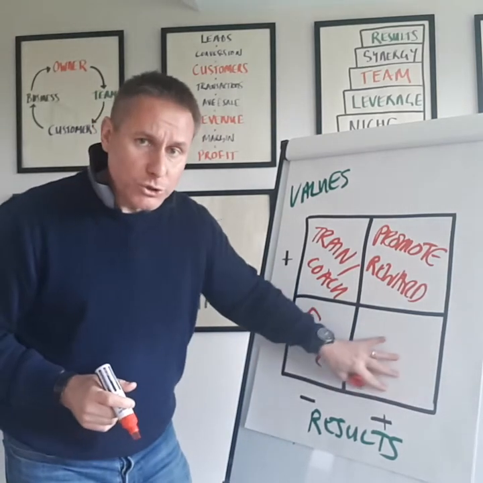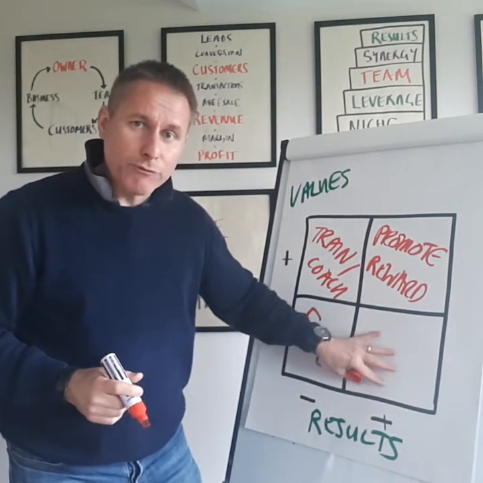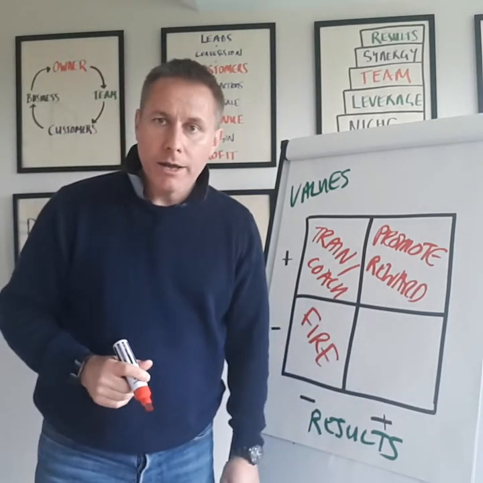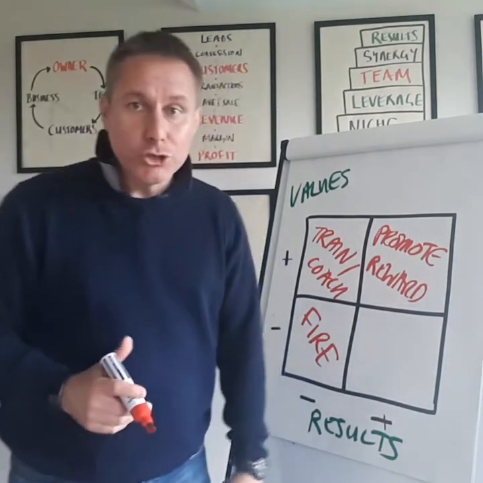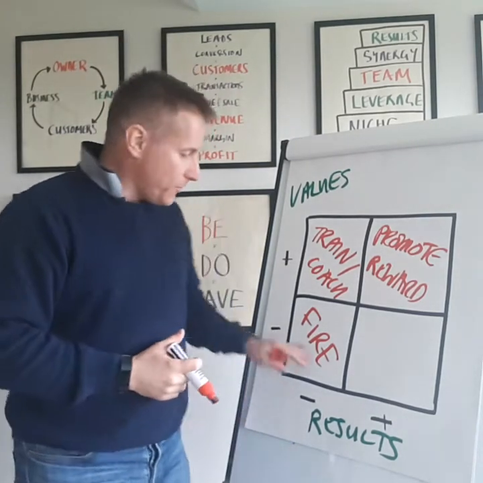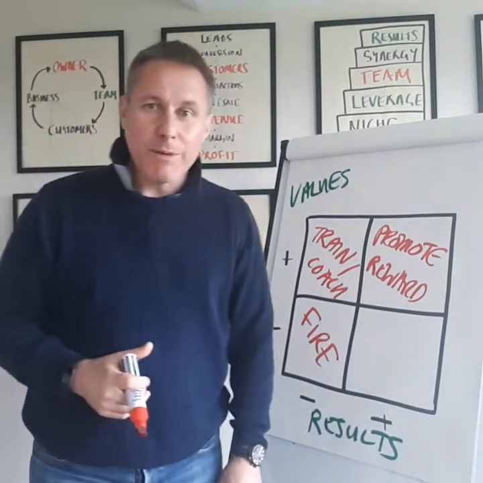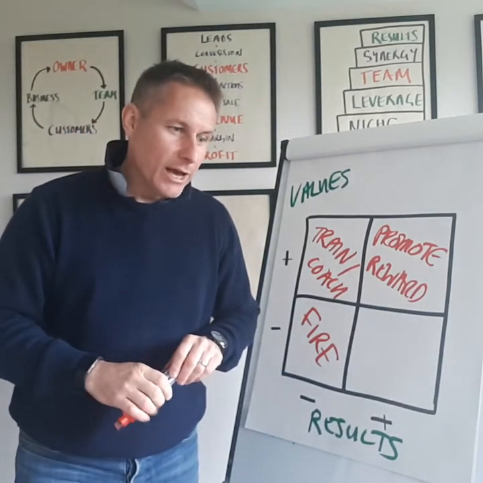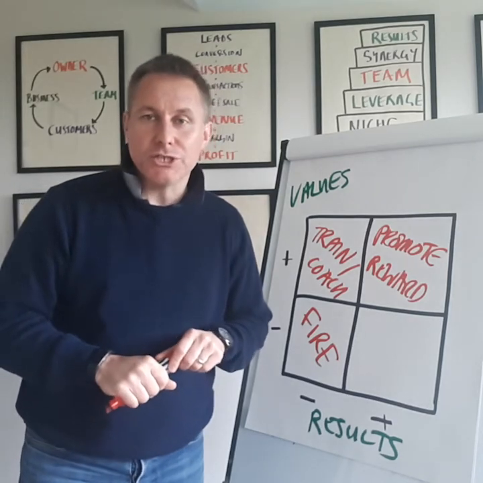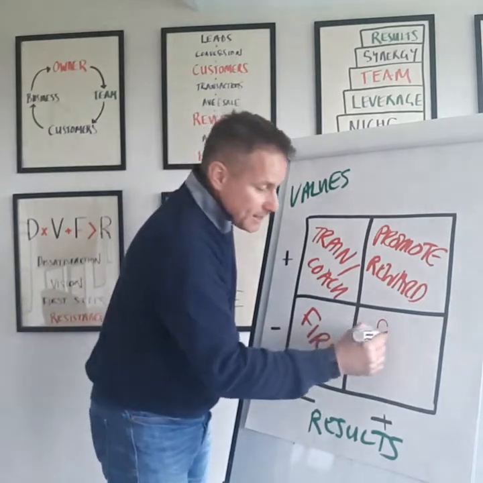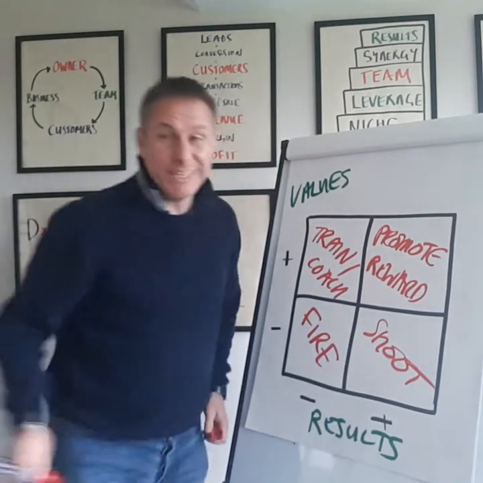Then what I also see a lot happening is where we've got this one, and this is a tricky box, because this is the box where people are potentially doing a good job, they're managing to get their work done, but they're not a good values fit. So they might be a bit of a rotten apple, they might be bitching and moaning, they might be almost stepping over others to get their results. Well, really, that's a case where we need to shoot that.